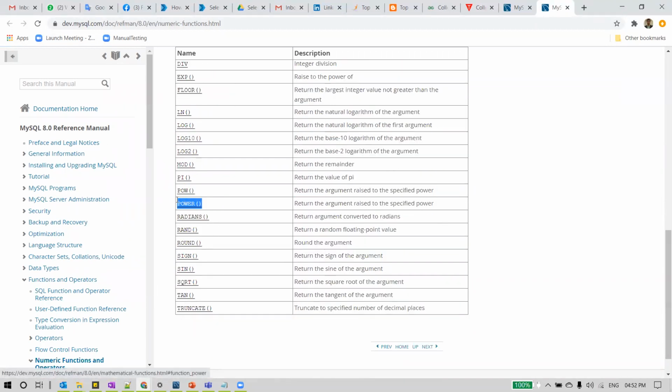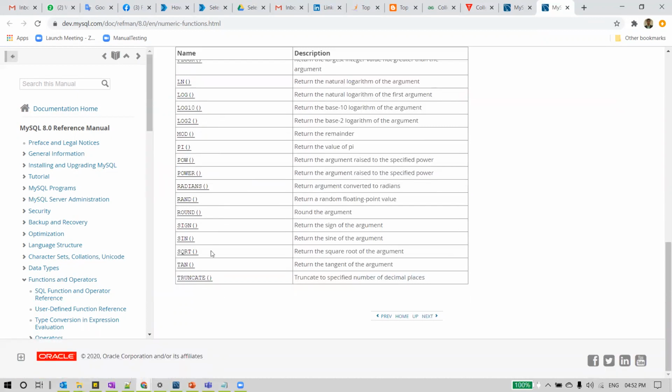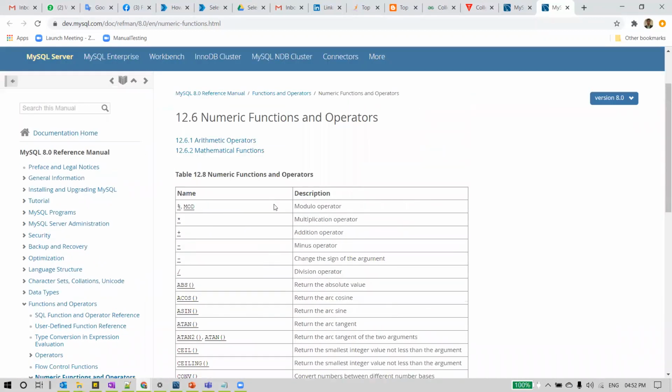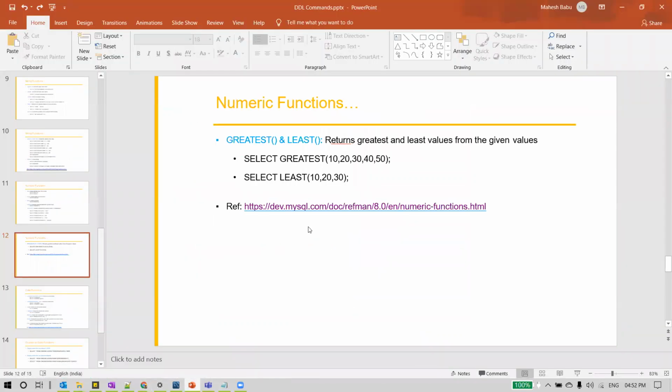We covered power, and POW is also equivalent to the power method. So these are some more numeric functions we have. I give the reference link here. You can go through them later.